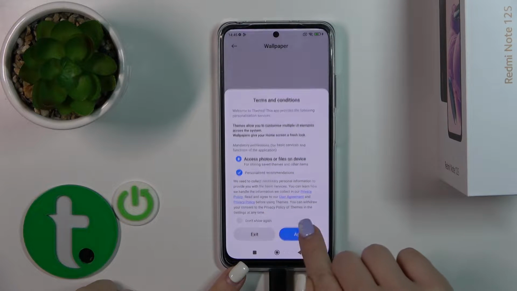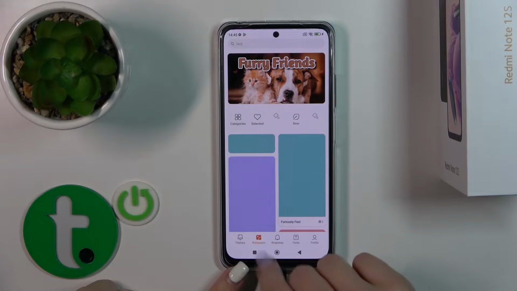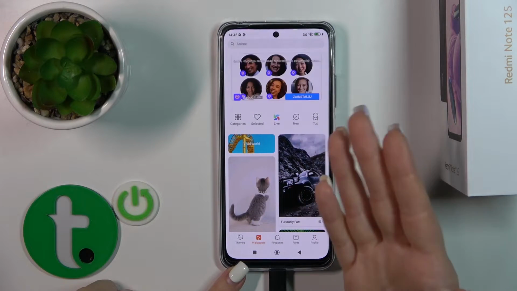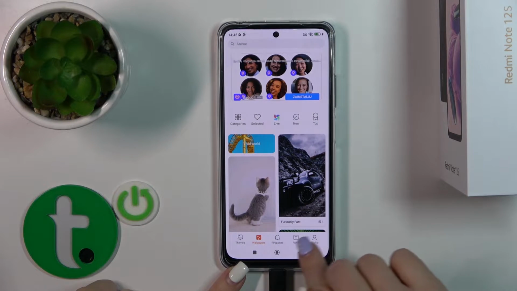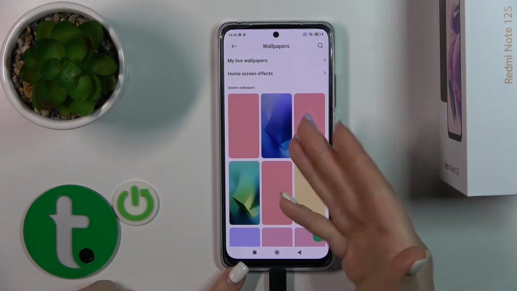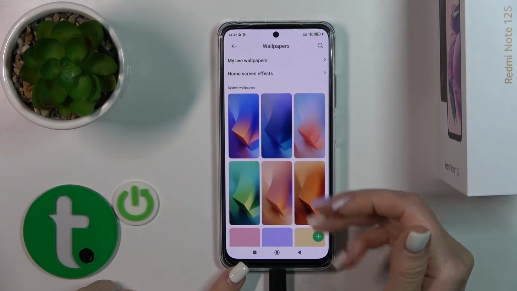Click to agree. You will see here the wallpapers, the online wallpapers. You could use them if you are connected to the internet, to Wi-Fi or to mobile data. Also, we could switch wallpaper to profile, tap on wallpapers, and from here you will see all of the default